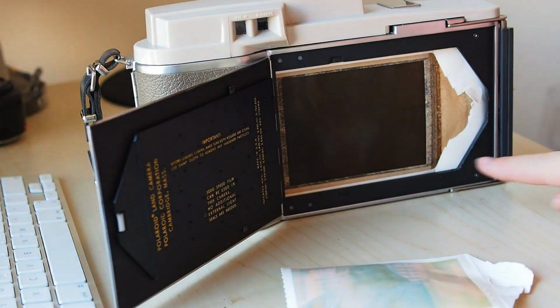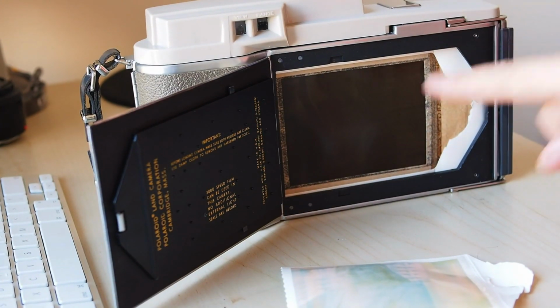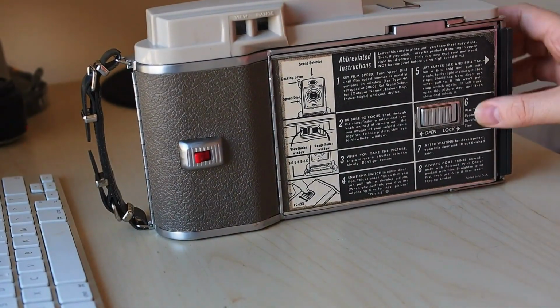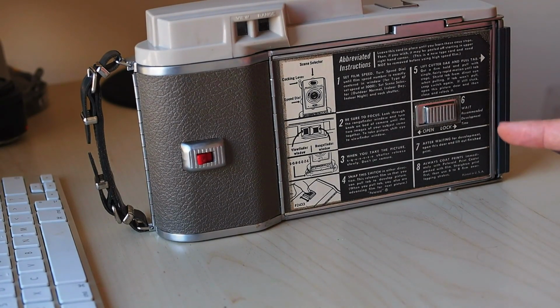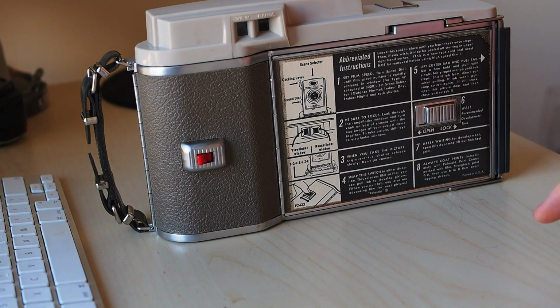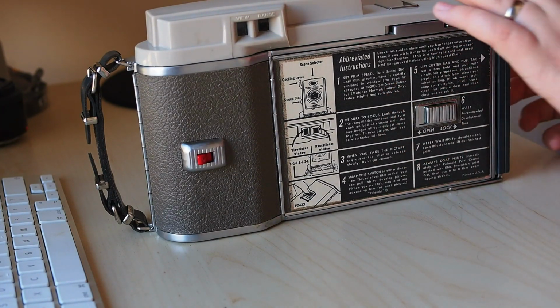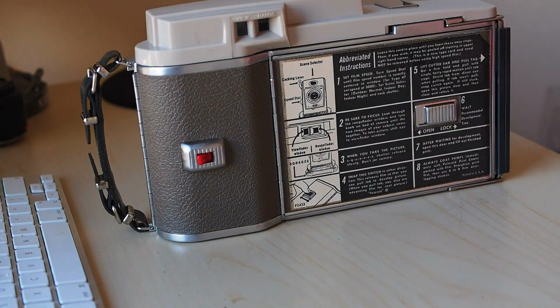Here's what's left in the camera, which is effectively the negative. And what would happen is we would then close the door, lock that down, and basically shoot again. And when we'd taken the next picture, when we pull out from the camera, we would pull that used negative out, and our next picture would come into place there. So an ingenious system,